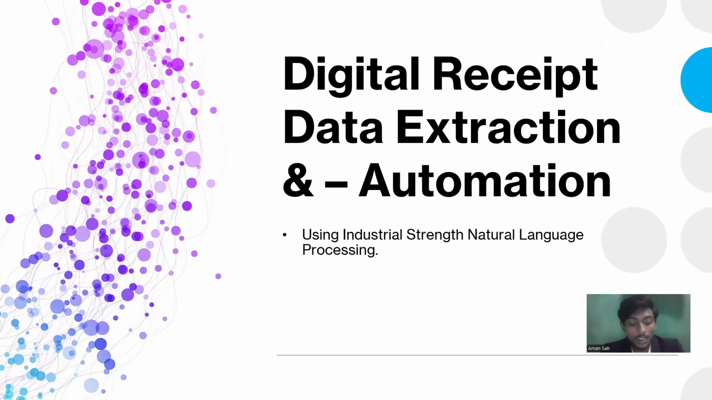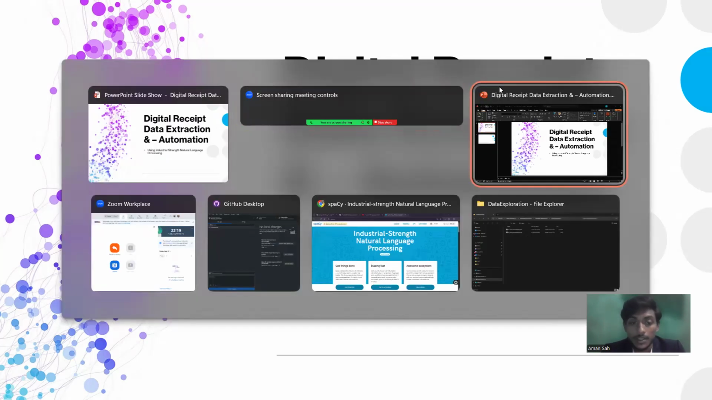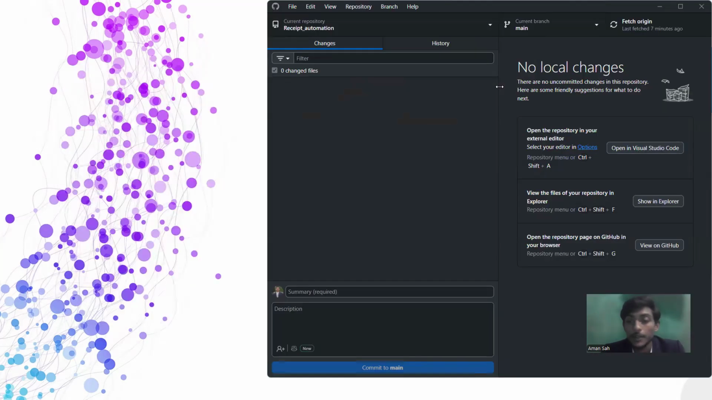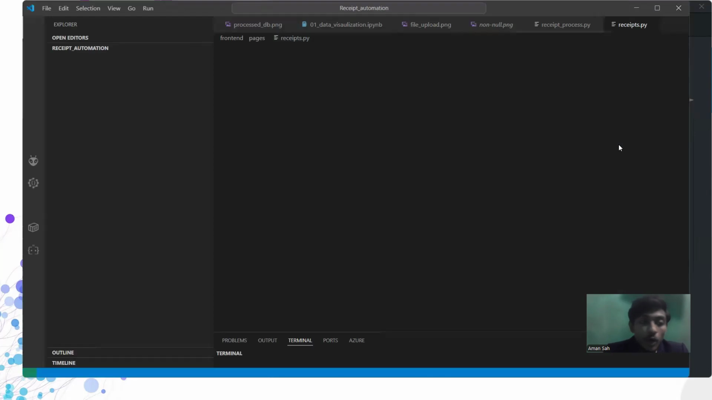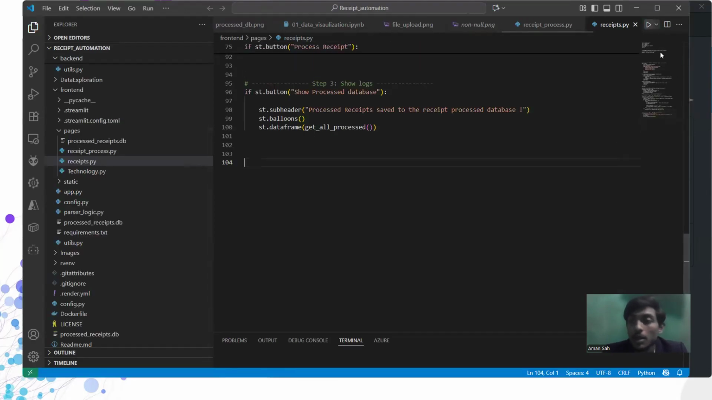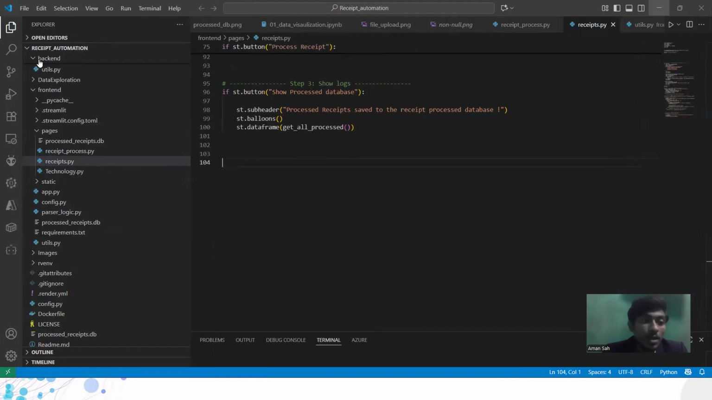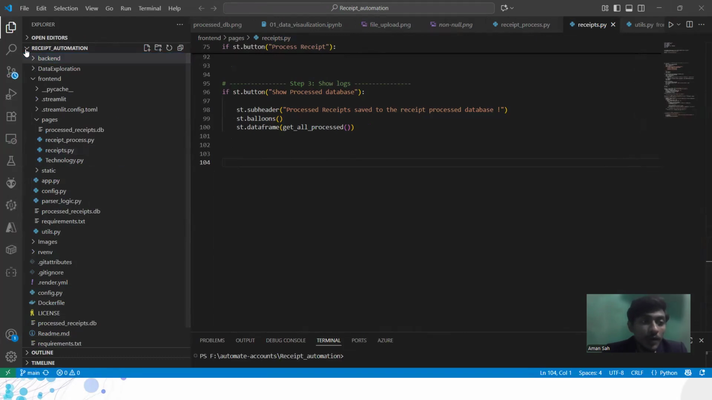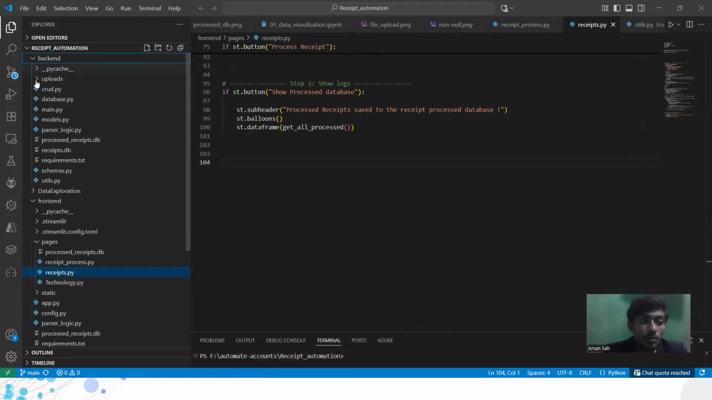So let us go to my GitHub. I'll show you the service in action. So let's have a quick demo about it. How does it work? So first of all, if I give you a very brief overview,